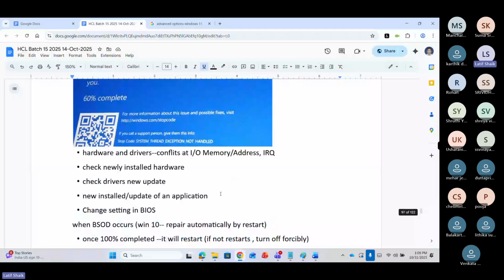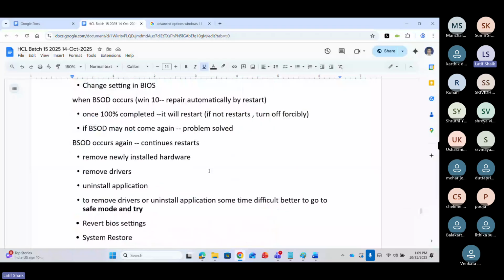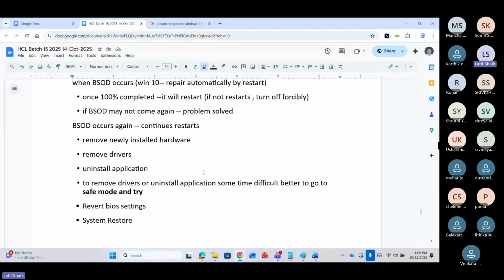So when a BSOD occurs, try to boot with the safe mode. If you don't get a BSOD, it means it's not a hardware issue. Guys, remember, if you got a BSOD, boot into the safe mode. If you don't get a BSOD in safe mode, it is not a hardware or hardware configuration issue. The issue may be your device drivers, the operating system, or maybe an application. Okay. So if you have a system restoration point,